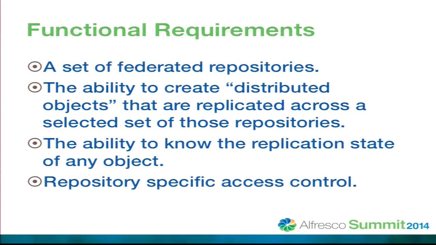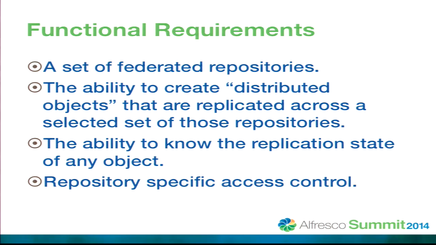in that federation. The other thing we need to be able to know when we look at any object is the state of its replication. So let's say I create an object, and I have a federated set of servers, maybe New York, Dallas, and London. I could create the object in New York, and maybe we have fast lane replication to Dallas. So I look at it, and I can say, okay, I have the content there. It's been fully replicated to Dallas, and maybe to London we just have a stub or some of the metadata